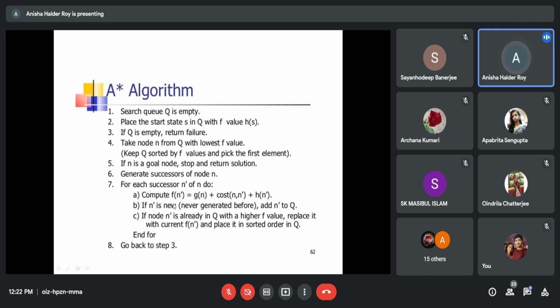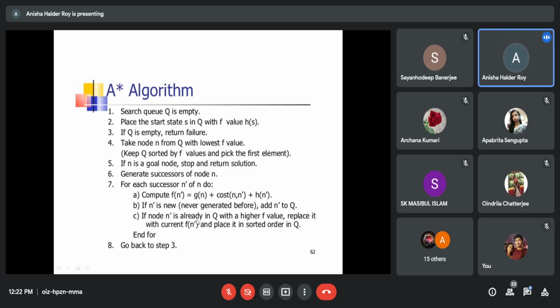The current node cost, then what? Compute f(n dashed) equal to g(n) plus h(n dashed). g is coming from the starting node, so this is written as n, and the heuristic is for the current node, so it is written as n dashed. Clear? If n dashed is new, never generated before, add this current one to the search queue.